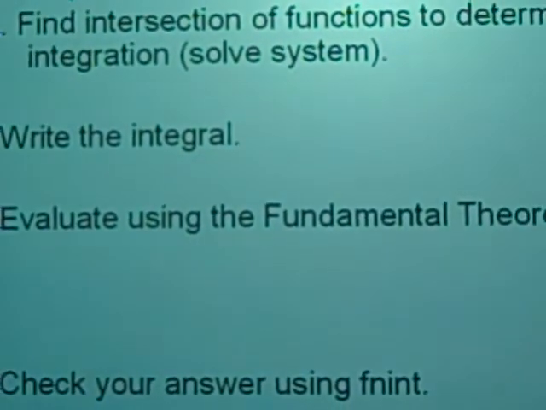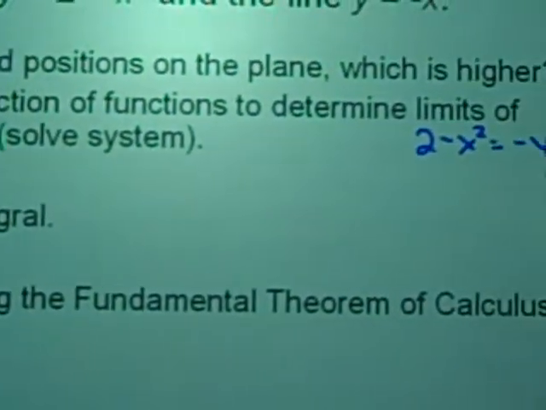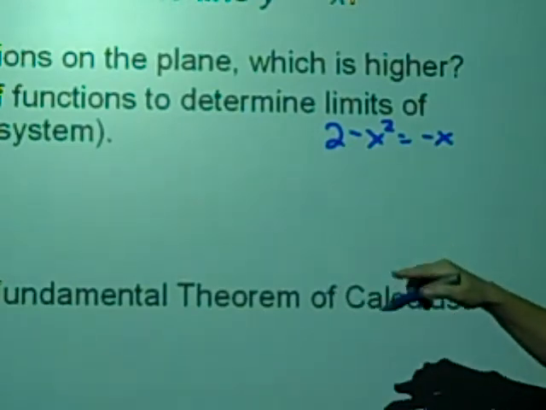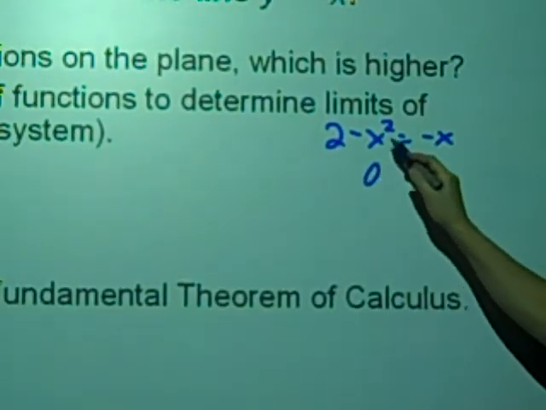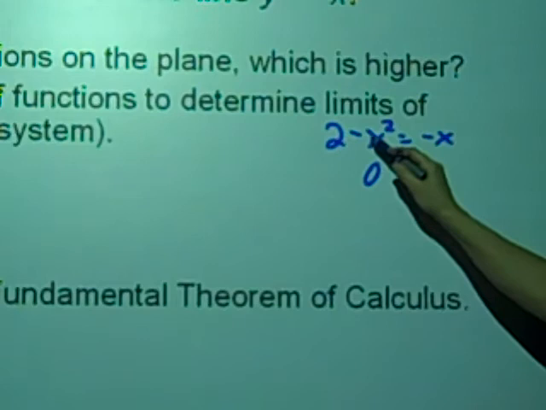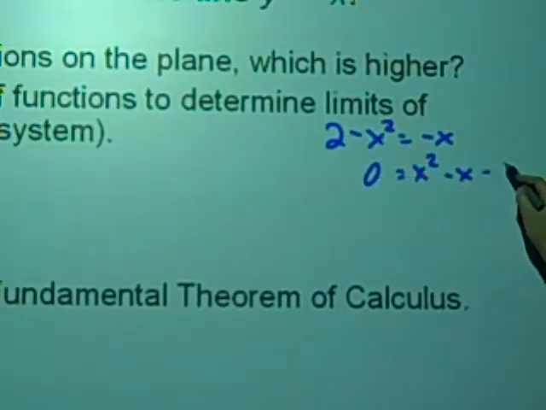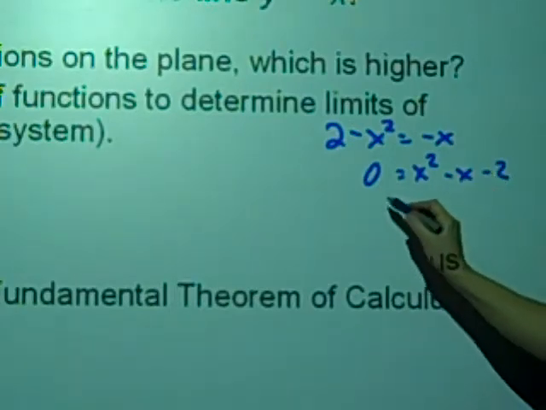We can write 2 minus x squared equals negative x. And the intersection is going to be where the intersection of that graph is. I like my x squared terms positive, so I'm going to add x squared, take away 2, and just solve this. So I'll factor it,